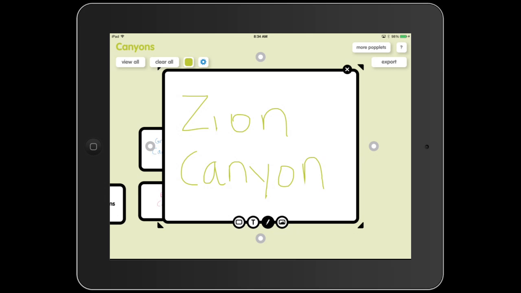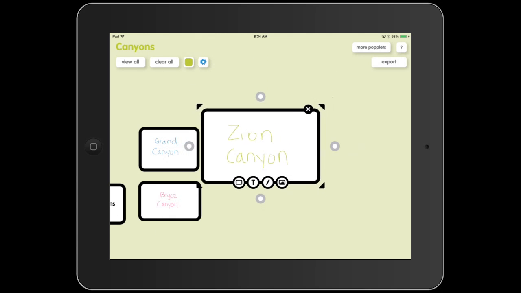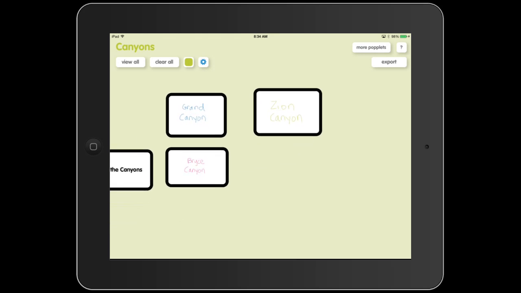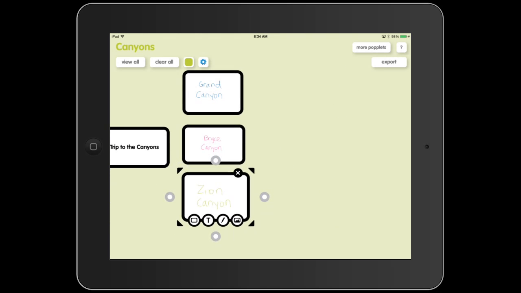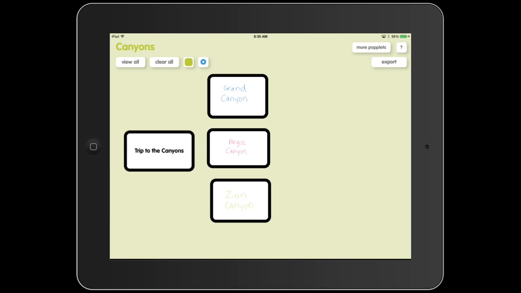You could also just delete the entire Popplet by clicking the X and start over, but tap off. I'm going to reduce again, move my screen around. It's real easy just to maneuver and work with these boxes. Okay, so let's start making some